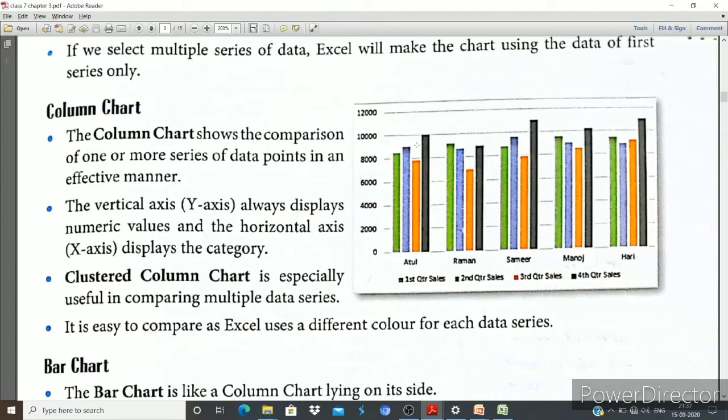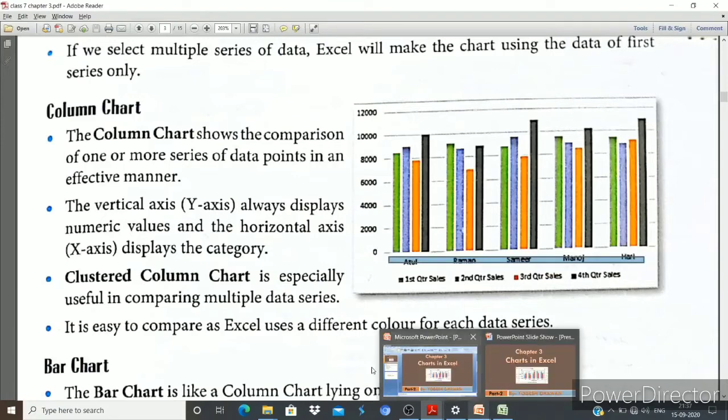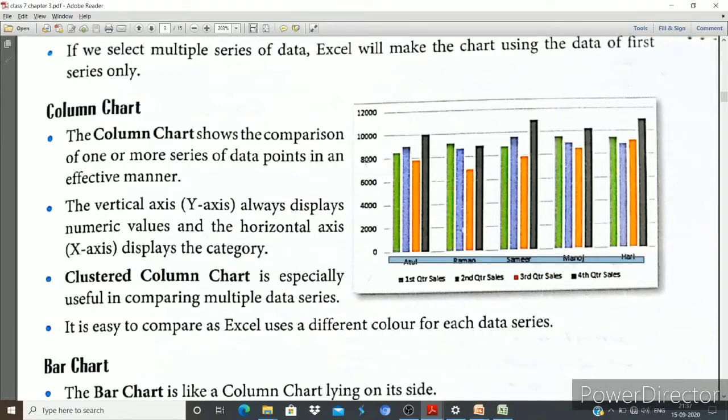The vertical axis always displays the numeric values, and the horizontal axis displays the categories. So in the horizontal axis, every time it shows the categories, and the vertical axis, meaning the y-axis, always shows the numeric data. A clustered column chart is especially useful in comparing multiple data series. It is easy to compare as Excel uses a different color for each series.